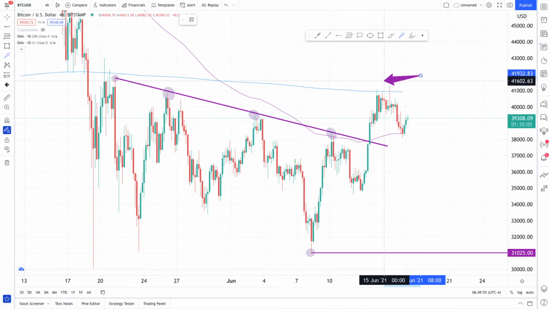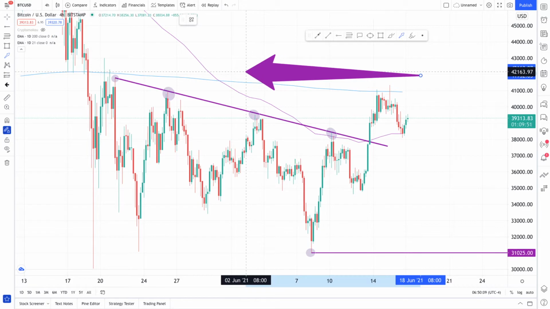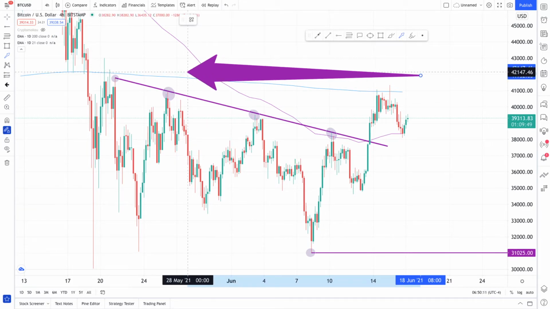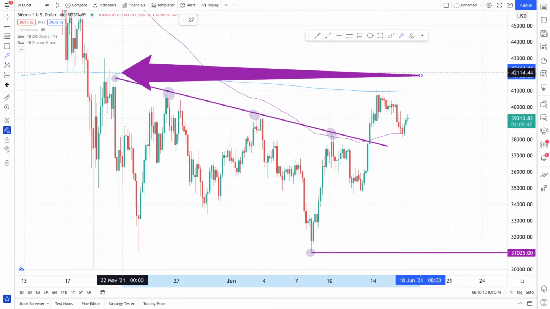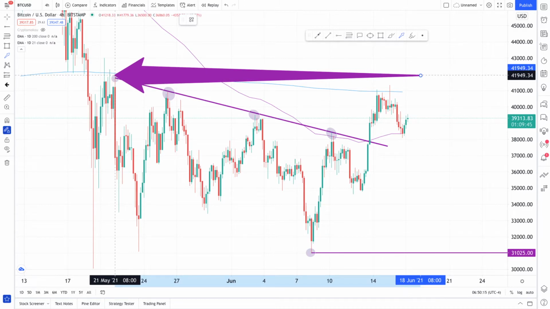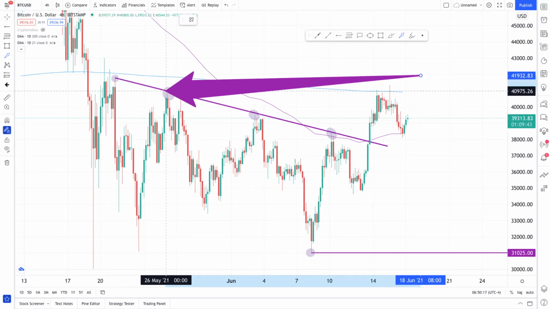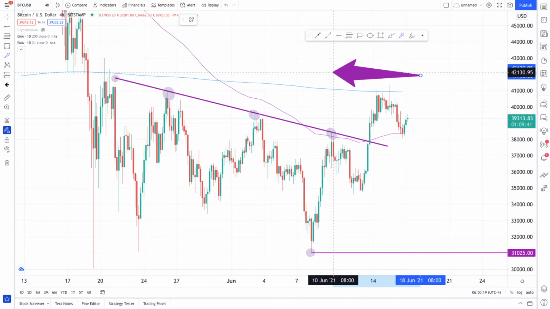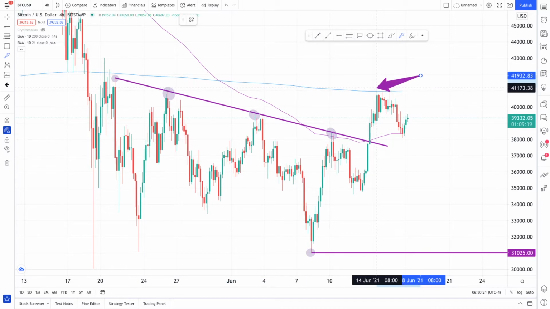I just kind of had a feeling that we were going to get rejected there because we hadn't tested it for quite some time. And we might not be able to break through just on the first go because we hadn't tested it for a while. And that was also at the same level that was showing confluence with local resistance levels from previous highs like we were seeing here on May 21st and May 26th. So once we got rejected from that 200 EMA, we just fell through and found support on this 21 EMA